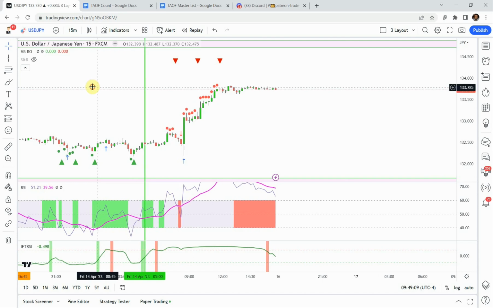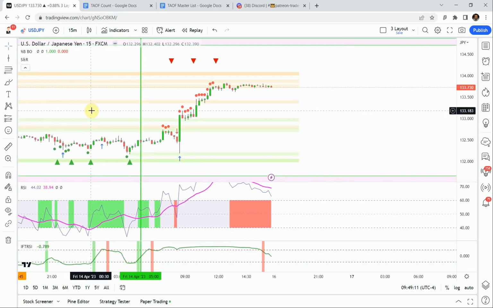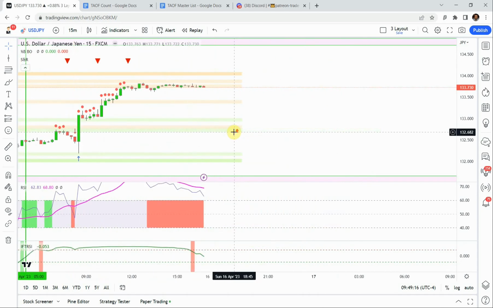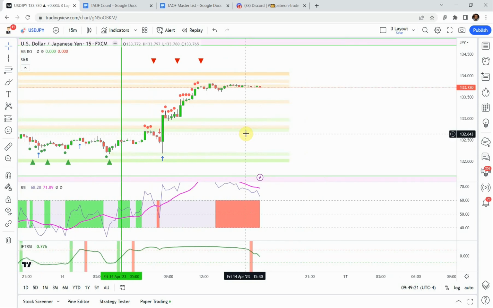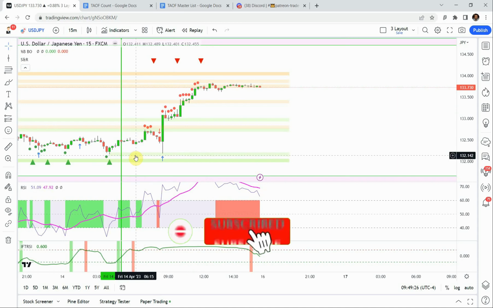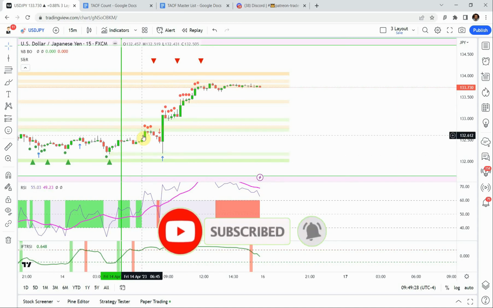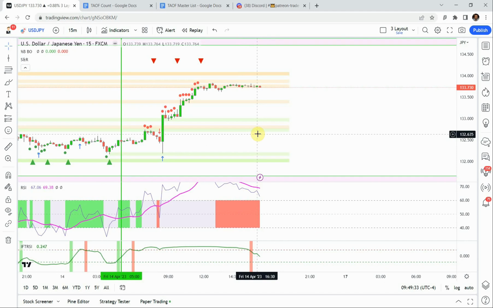But in this particular case, I did add in a support and resistance indicator like this here, which just helps you identify those areas where price might be starting to slow down, and you might look to either move your position to break even, or to just go ahead and take profit, or you can take half profit and let the rest continue. But I wanted to bring up the slight addition that you can use,